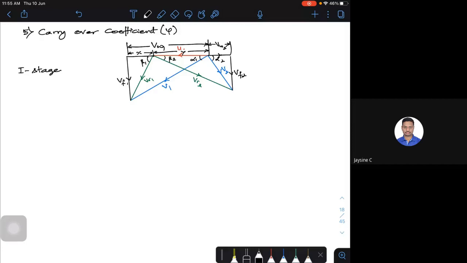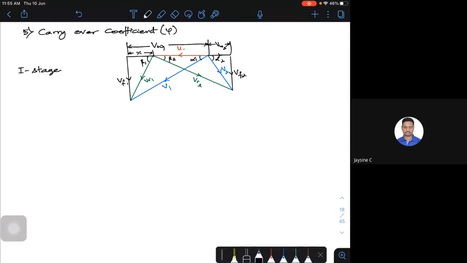VW2 plus u, so minus u. So that particular thing, I am calling it as y. X and y, I'm trying to define that, so let me not define that y. Let me go with x, that's sufficient. Now, if you try to look at this particular thing, this is my inlet velocity triangle.